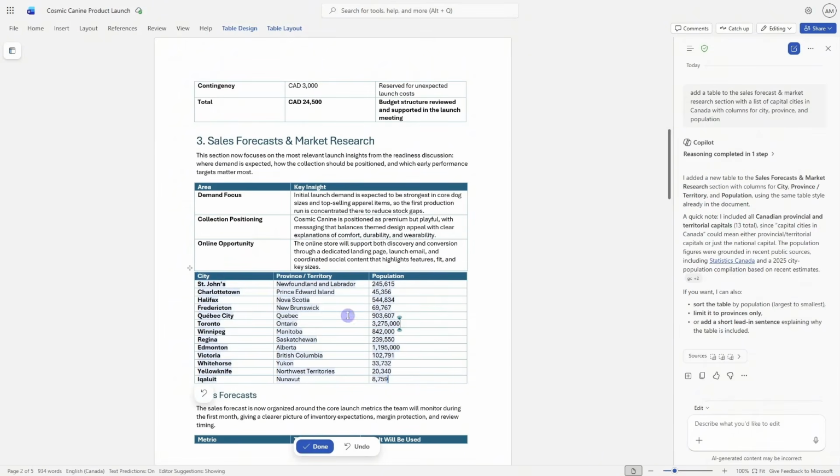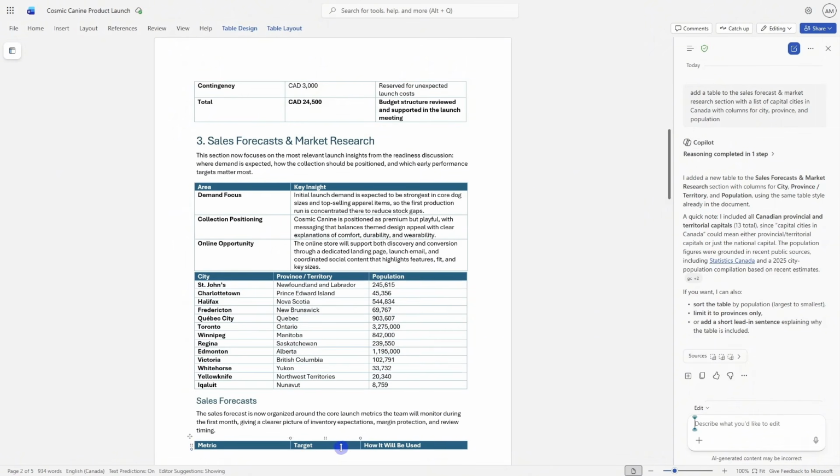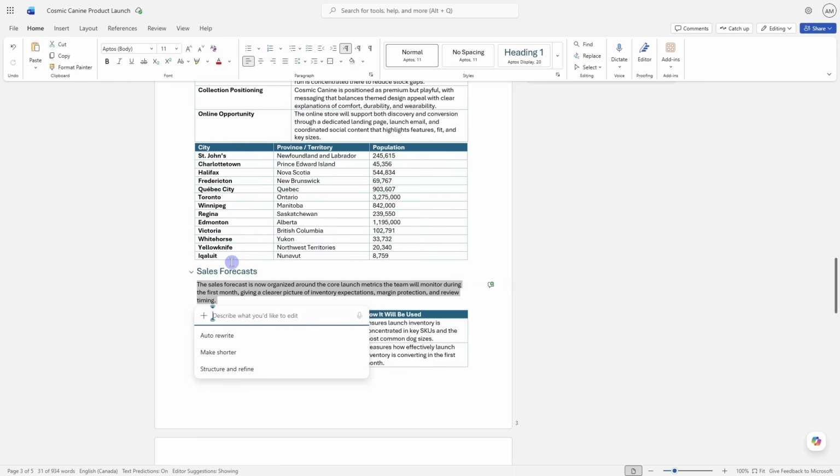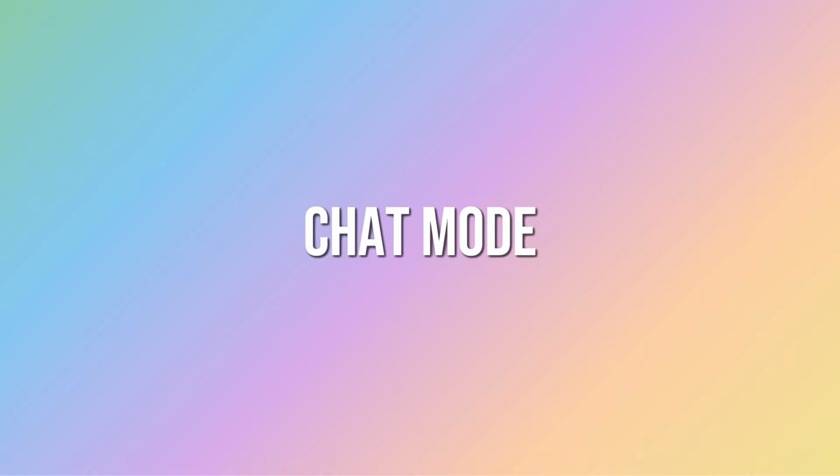So here we can see that that table has been added to our document. So I'm going to go with done to complete the insert. And finally, in addition to using that edit mode with Copilot, we can also select specific text and go edit with Copilot. We can then use a natural language prompt here or one of these suggested prompts to fine tune our text. Now let's take a look at how we can use Copilot Chat to help us with our Word